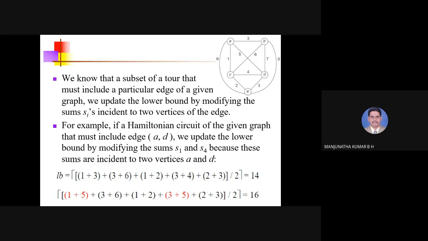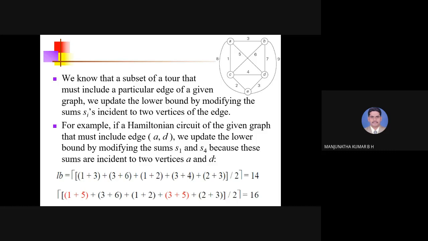After visiting A, suppose I am visiting city D. Now one edge is fixed, that is AD. The first visited vertex is A, and from A I am visiting D. Now one edge is fixed in the path of the Hamiltonian circuit, so the A to D edge is fixed. Now observe the second line of the lower bound calculation. The first line is related to the lower bound calculation of the root node. In the second line you observe what changes I have made, and this is the equation I have written when I am going to visit city D from A.